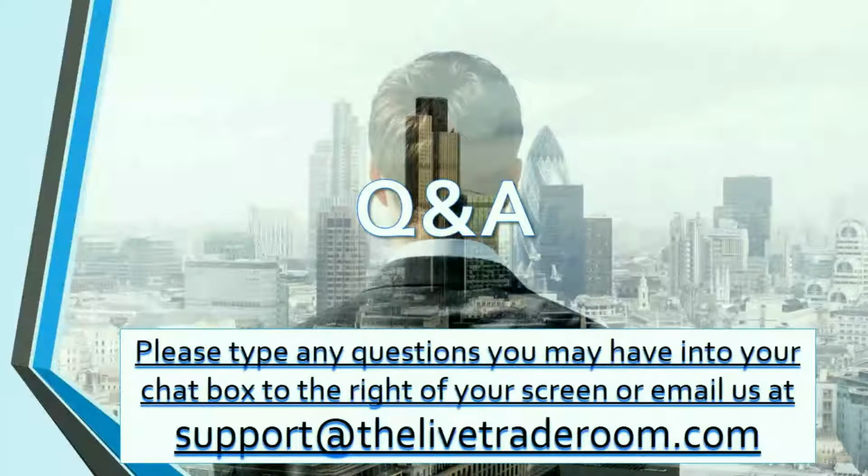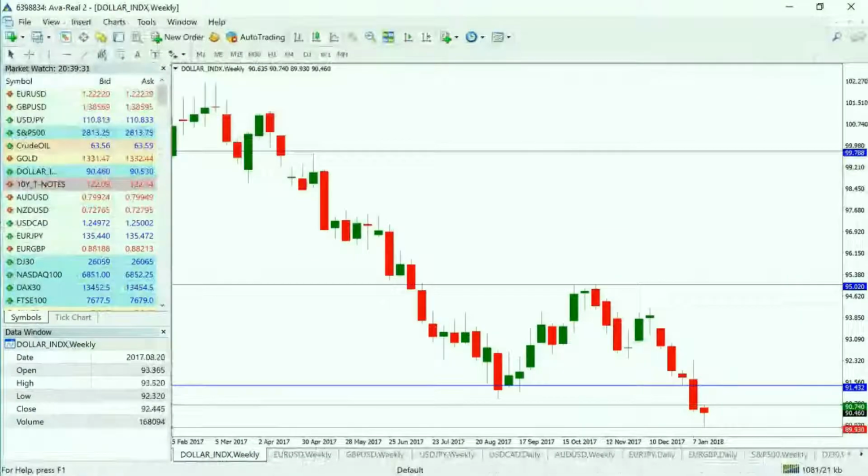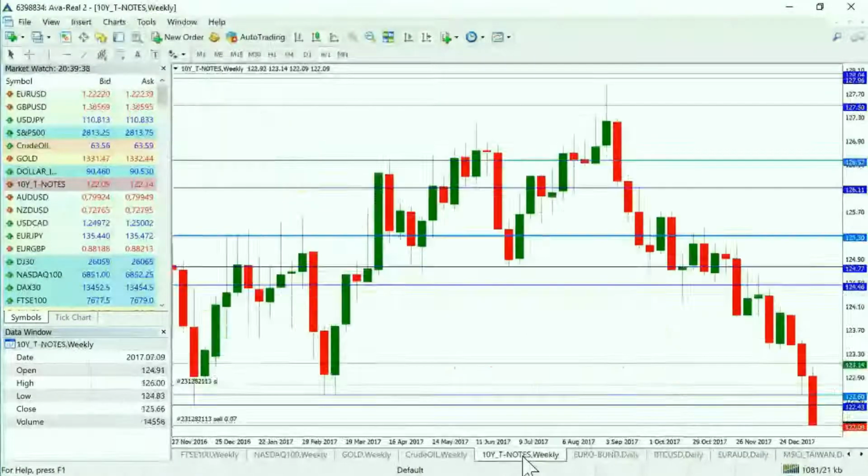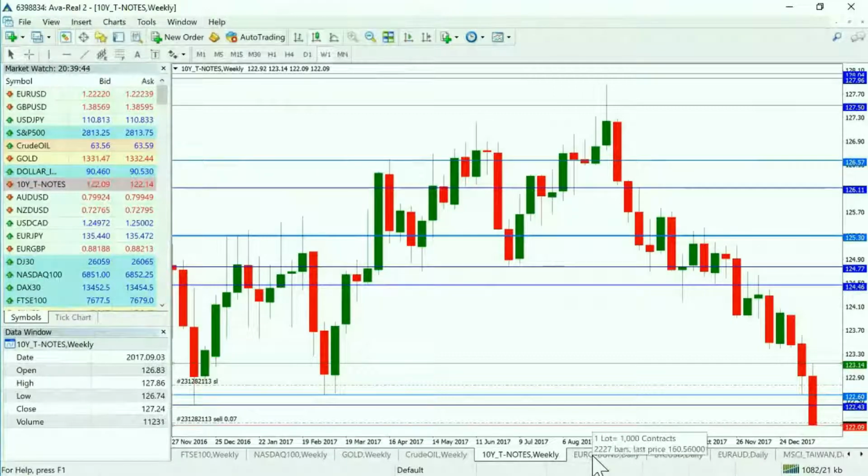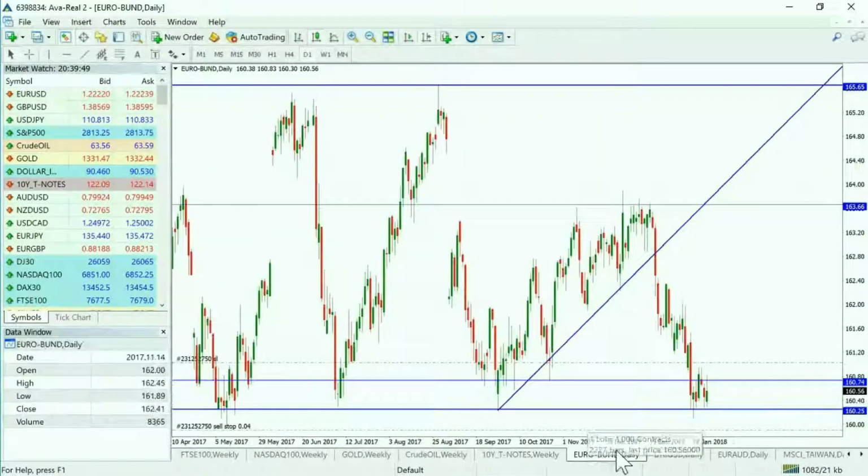Rob, you're just alluding to the euro bond. Could I have a look at it? So yes, we certainly can. In fact, it's in a very similar situation to our 10-year note. So, we've actually broken beneath these levels now. So let's see, do we get continuation, or do we just get this market hesitating around these levels? We don't know, but we're certainly in it to find out.